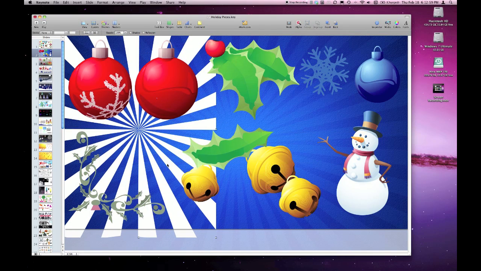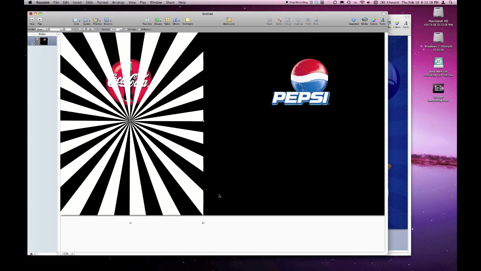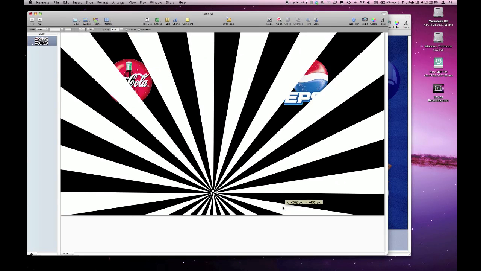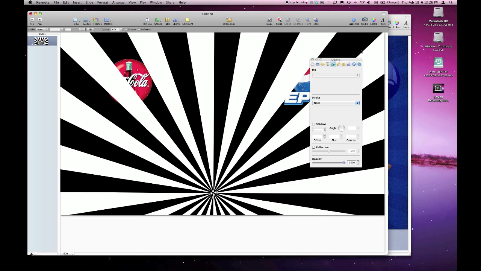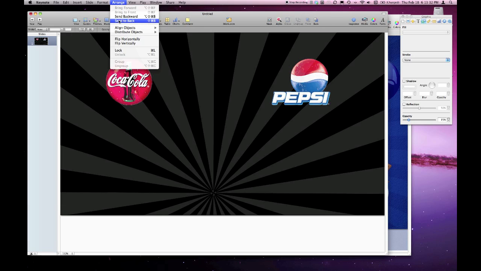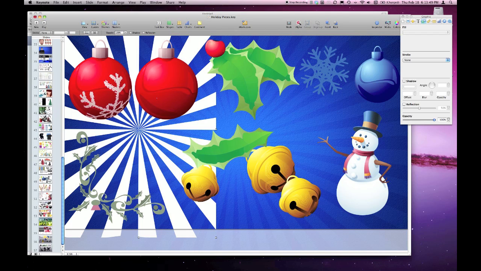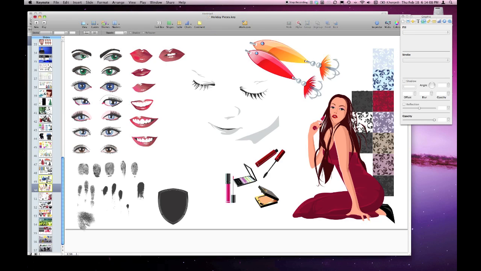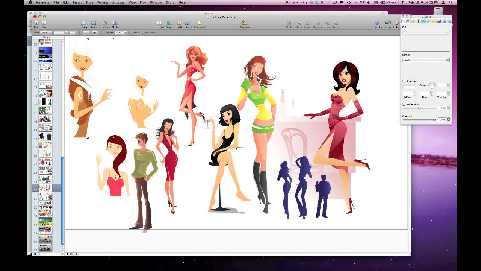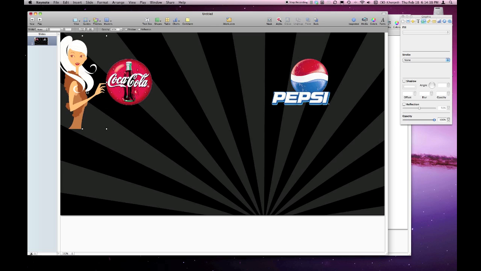So for instance, if I want to take this and use the copy command, edit copy, and then go back over to my Coke versus Pepsi comparison, and then just use edit paste, I can stretch that out, put it down towards the bottom here, and maybe even adjust the opacity of that image so you can just kind of barely see it, and send it to the back. If I go back to my sort of tackle box of different types of images, I've got lots of different things I've saved over the years. Here's a set of images that I have saved, so I'm just going to grab one of these using the copy command, head back over to my Coke versus Pepsi project, paste it in,